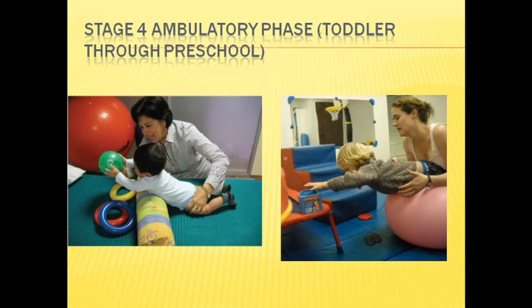Now in this photograph, the child is prone on the ball and trying to reach targets. Once the child gains proper strength for this position, you can give the target at a higher level, so it will further increase the extensor range and strength as well.